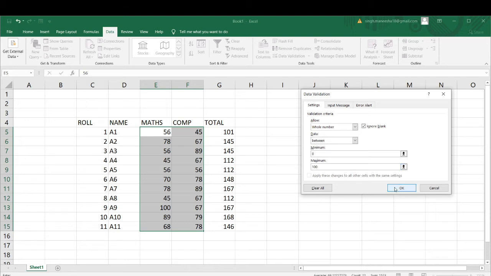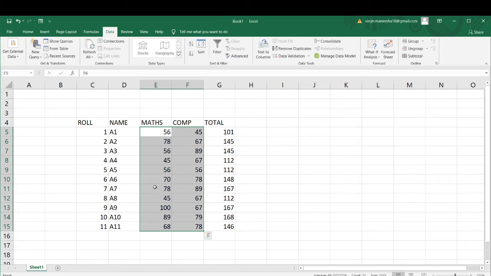So it will not take 100, children. So I am not going to allow data which is less than 101, children. No need to write 100, otherwise it will not accept 100. So allow whole number data less than 101.